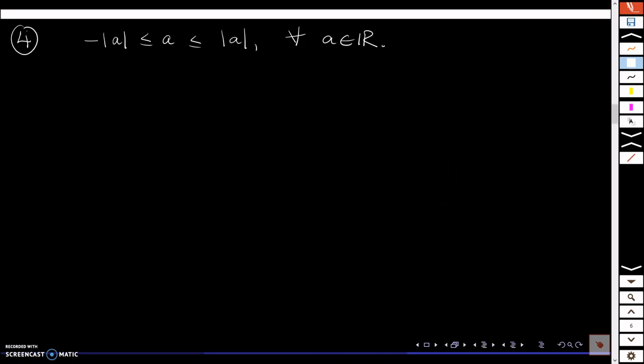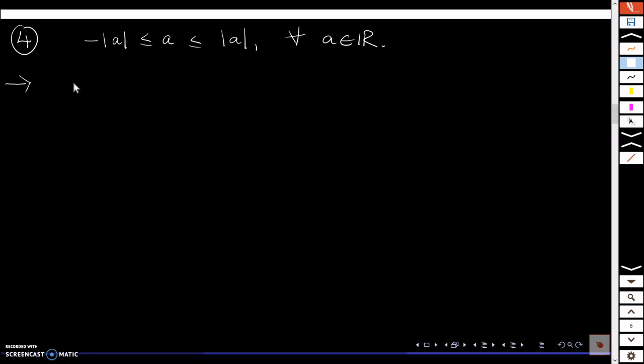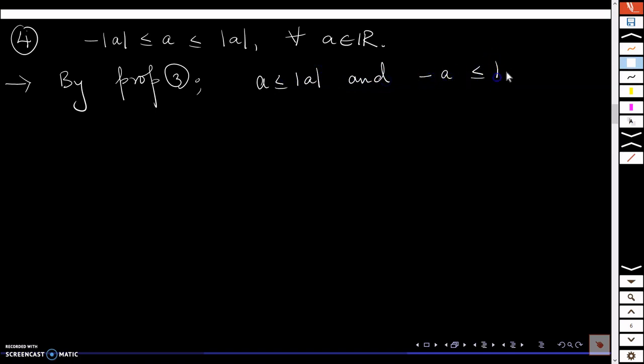Next one, this says minus of modulus of A is less than or equal to A, and that is less than or equal to mod A. Now again, I'll make use of the modulus function here, or we can use property 3 as well. We know that A is less than or equal to mod A. So by property 3, A is less than or equal to mod A, and minus A is also less than or equal to mod A, right? So this implies this inequality, I'll keep it as it is,